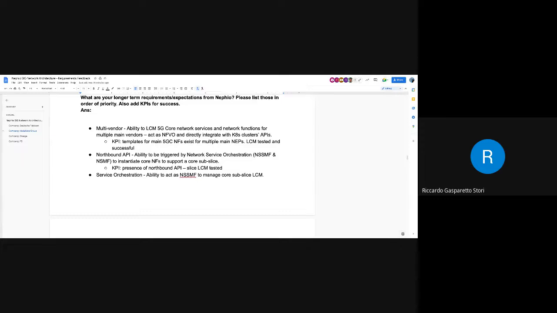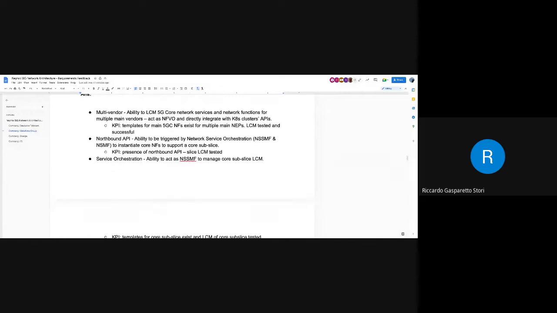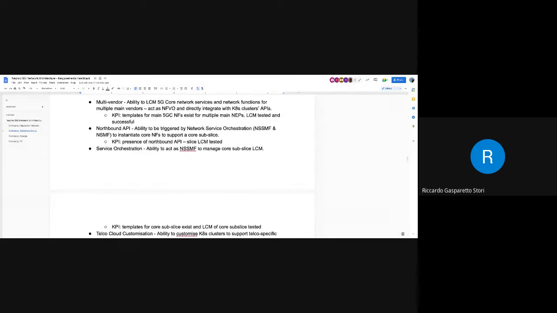Of course, targeting free 5G core is okay for version 1, but Nephio's applicability and usability will be enhanced by it being adopted by as many network equipment providers as possible. That's very important for us to determine Nephio's success. And of course, its integration with its northbound and southbound systems, so slicing and its integration with slicing systems, or its substitution of slicing systems, is also very important. It's a priority for future releases.